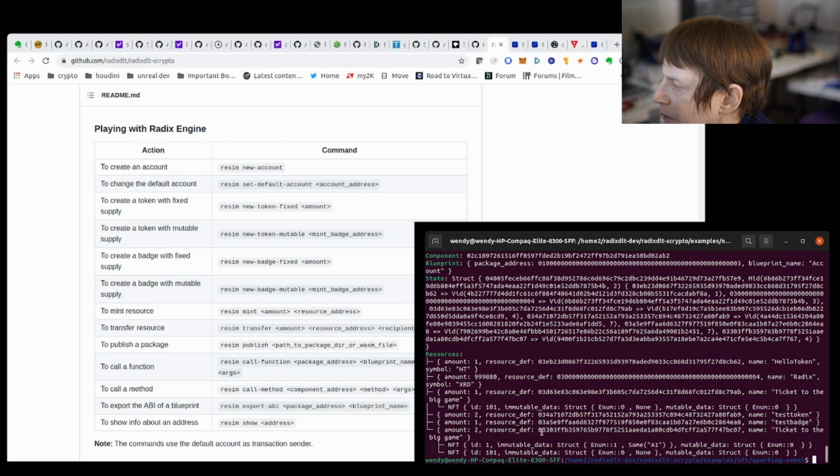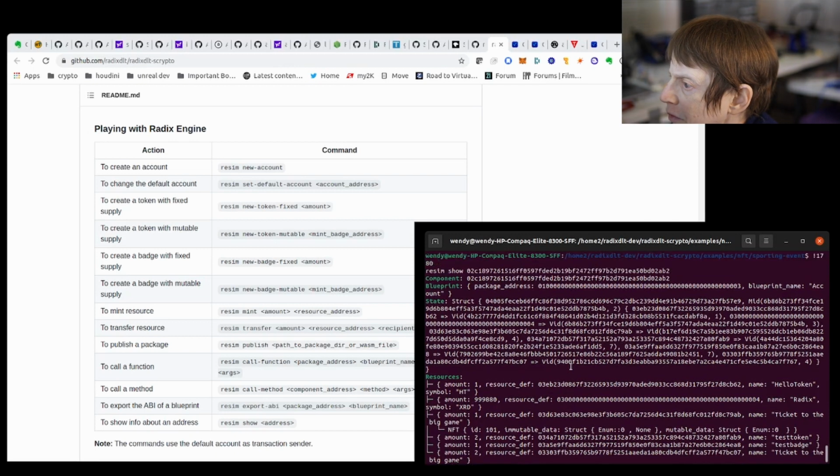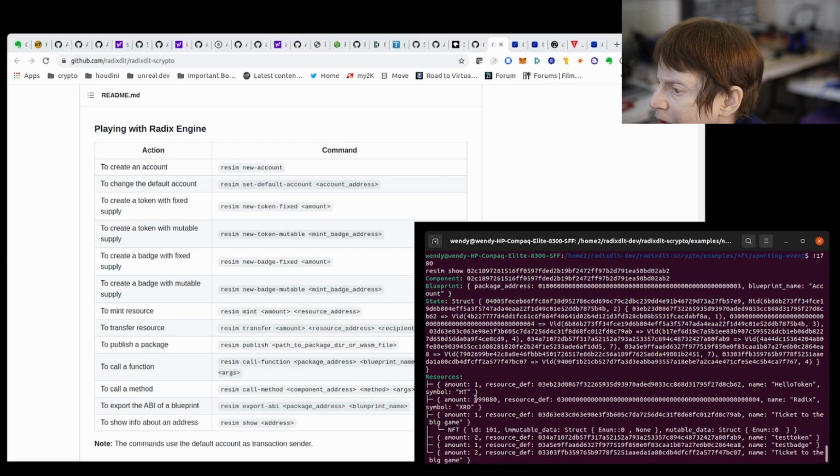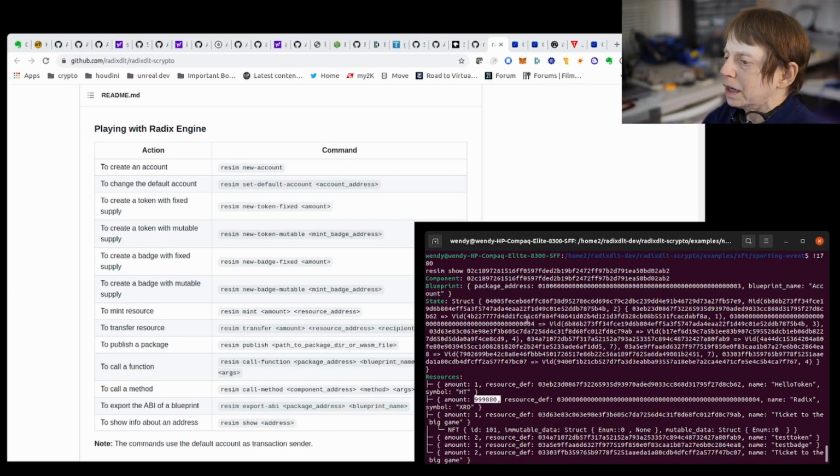And I have one ticket to the big game, two tickets to the big game, one test badge, 2 test token. Let's see, resource definition, so let me see if it shows how much XRDs I have. This much XRD. So it will tell you exactly what you have. So then you can actually check, did I buy the ticket to the big game? Well, yeah, I ran it twice and I bought 2 of them.